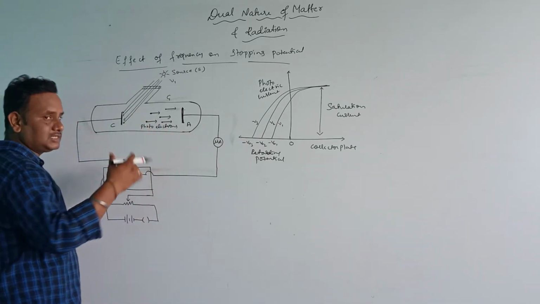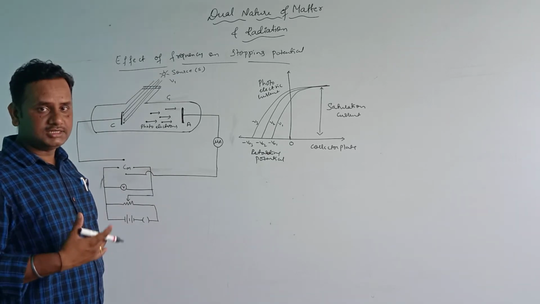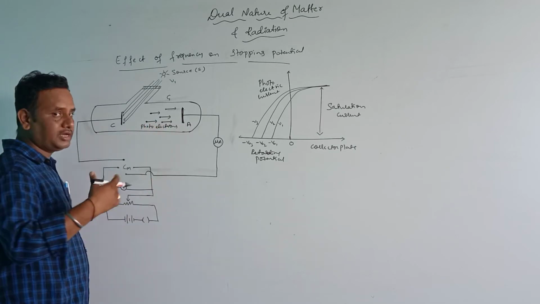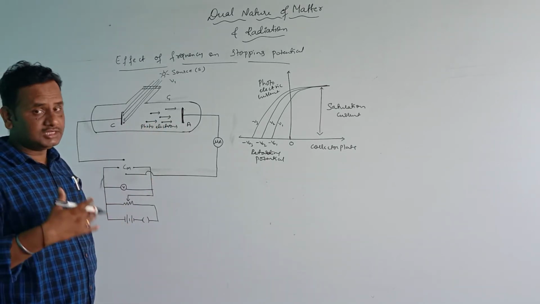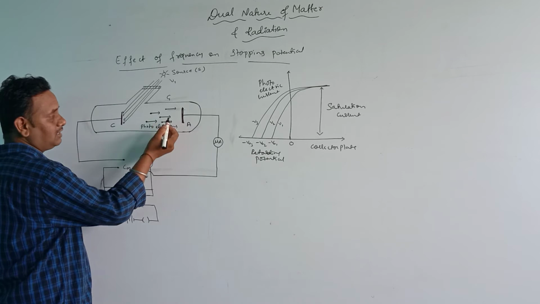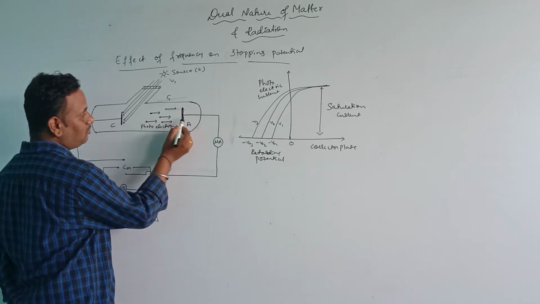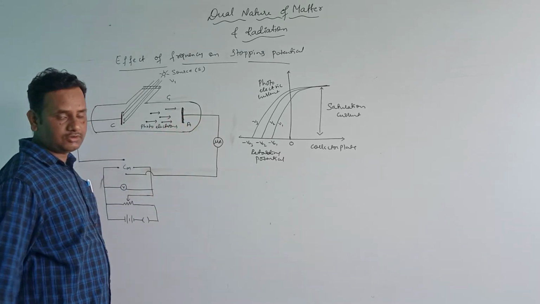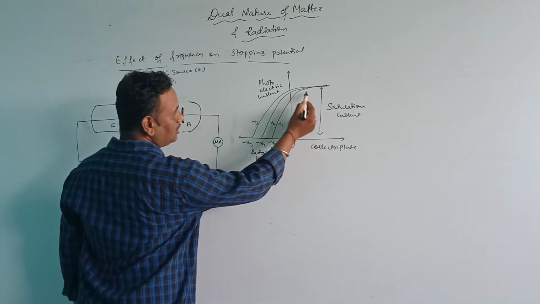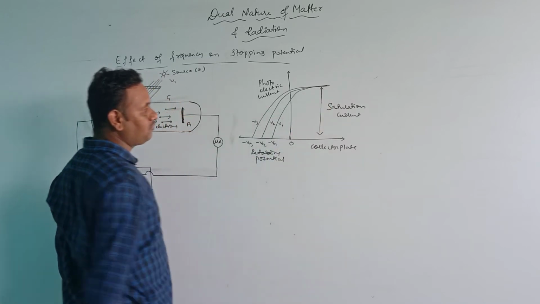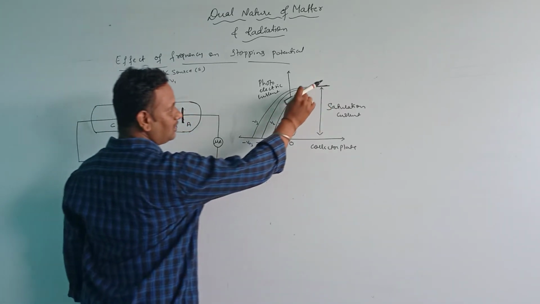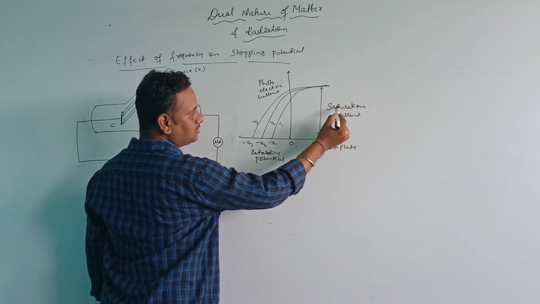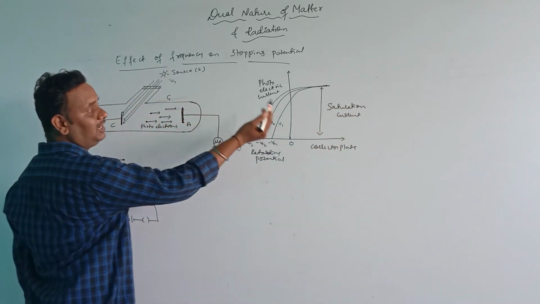जैसे जैसे हम incident radiation की frequency को increase करेंगे, उसी तरह electrons की maximum kinetic energy भी increase होगी. जितनी ज्यादा maximum kinetic energy होगी, उतनी तेजी से वो positive potential यानी anode plate की तरफ attract होंगे, जिससे photoelectric current भी increase होगा. But this photoelectric current थोड़ी देर तक increase होगा, उसके बाद saturate होगा. So it is going to be saturated here. That is called saturation current, and it is independent.